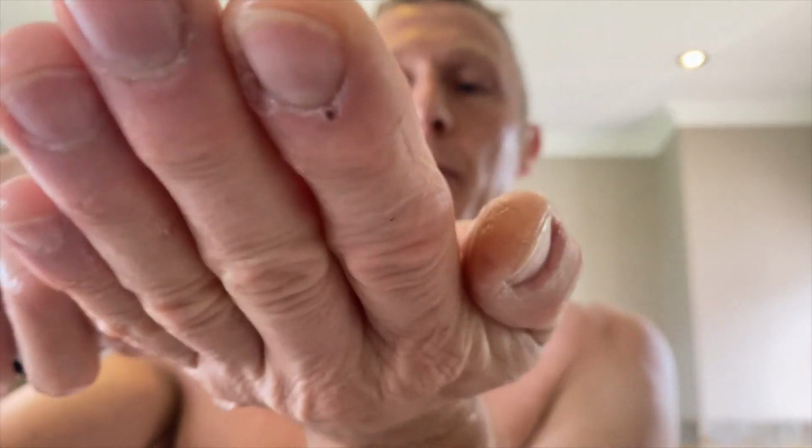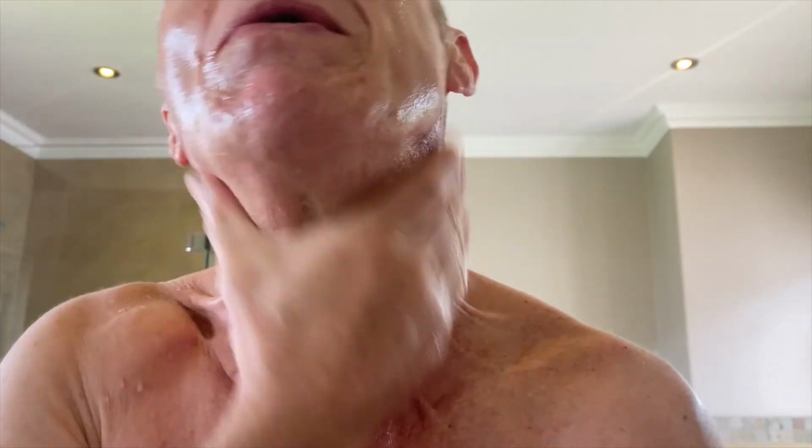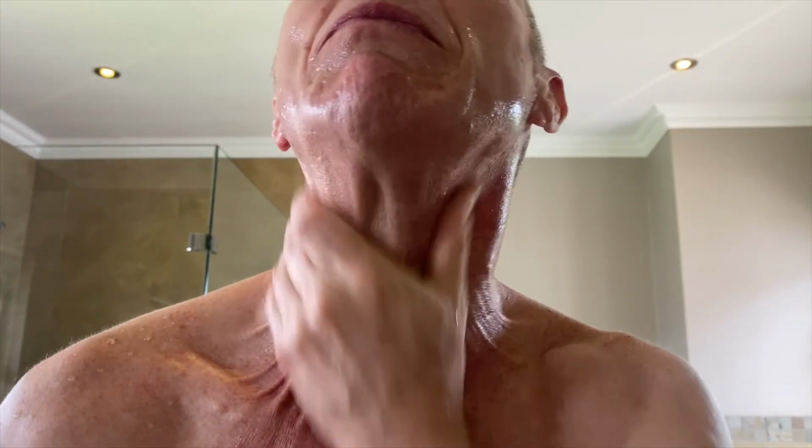Right, what I am going to do first of all is the grooming department's hydration gel. I'm going to add a couple of squirts of this on a wet hand, make a gel, and just hydrate my skin properly. I'm going to let that sit and absorb in, and then I don't think I'm going to use the splash, guys. I think I'm just going to